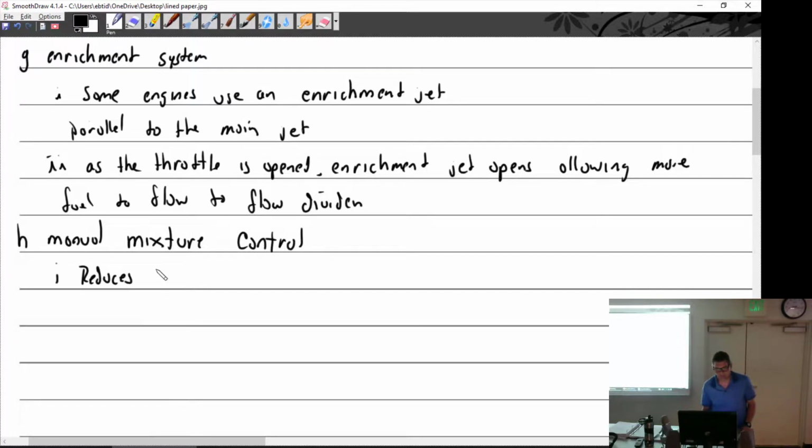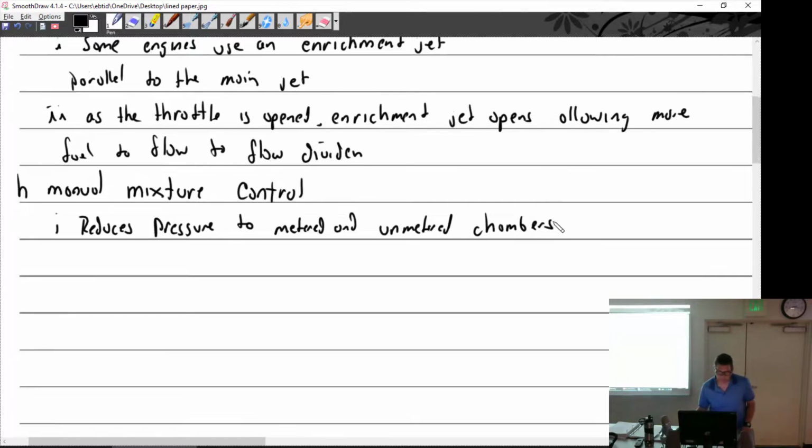Reduces pressure to, what do I say? Metered and unmetered chambers. That works. Connected mechanically to, what am I talking about? Oh, to manual mixture control. Hang on. I thought I was talking about something else for a minute here. Yeah, no, that's right. Connected mechanically to mixture control,